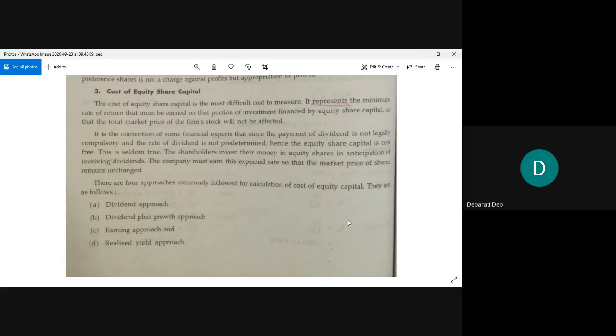Okay, so today I'll not put much pressure on you because I've already given three formula and you learn those three formula and see the sums how they are done. Why I'm just giving you one or two sums, because once I finish the set of formula of all the types of cost of capital, then I will concentrate more on the sums, only on the sums. So I want to first finish off the formula. That's why I'm just giving you one or two sums in order to understand how it is done.